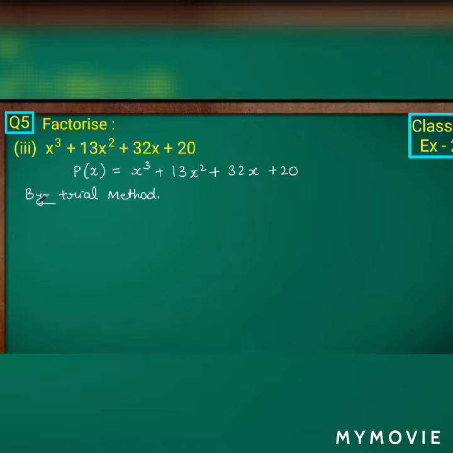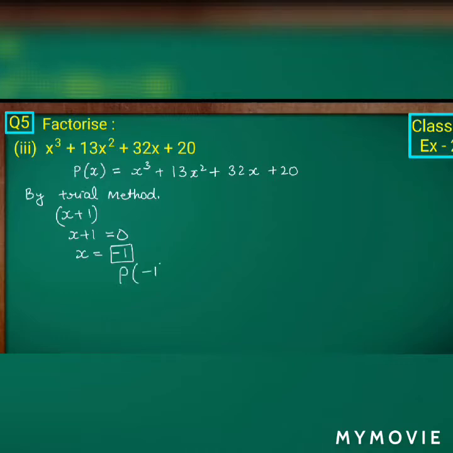If you observe here the number part is 20, so we have to take the factors of 20. Instead of going through 5 to 20, let's just check by taking x plus 1 or x minus 1. If we get 0 for either x minus 1 or x plus 1, that will be the factor of the given polynomial. By trial method I have taken x plus 1. So x plus 1 should be equal to 0, so x becomes minus 1. Now we have to substitute the value of x in the given cubic polynomial, that is p of x.